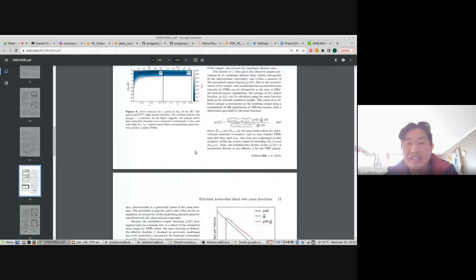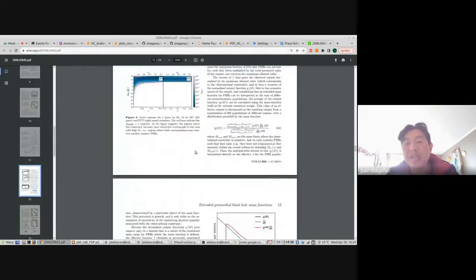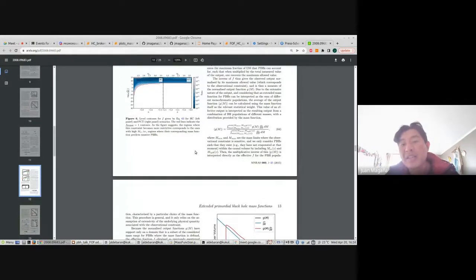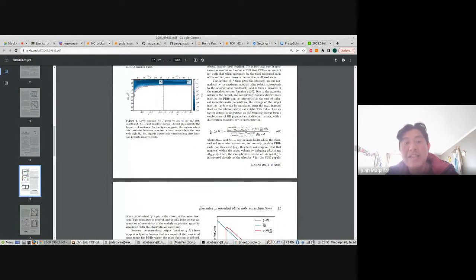Here, in section 3.2, there is a further explanation of how to translate the monochromatic constraint. For example, this quantity here, Gm, is the inverse of the filter function, which represents a physical phenomenon.